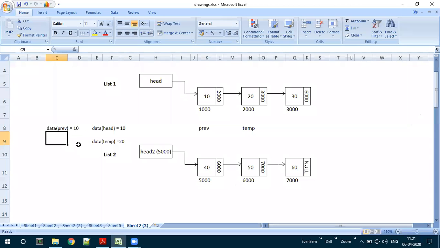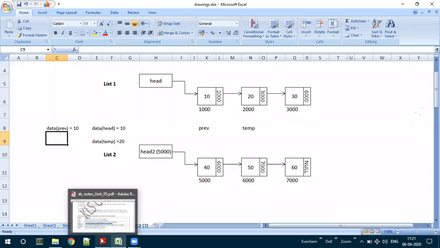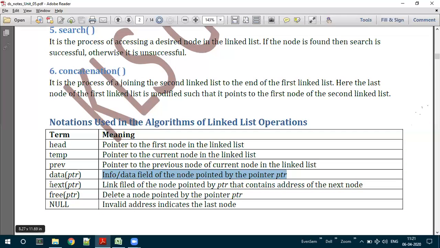Now, in the same way, let us see the next notation. The next notation is next of PTR. What is this next? Next is the link field. Spelling mistake here, it is FIELD. The link field of the node pointed by the particular pointer.